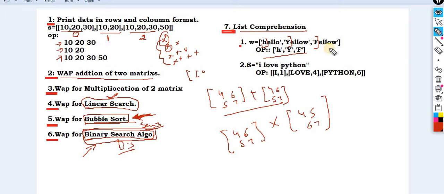Again, this one you have to generate and count the number of words, but this time the output should be in this format. And again list comprehension. You are supposed to perform these 7 assignments. So I will start from here and one by one I will proceed further.